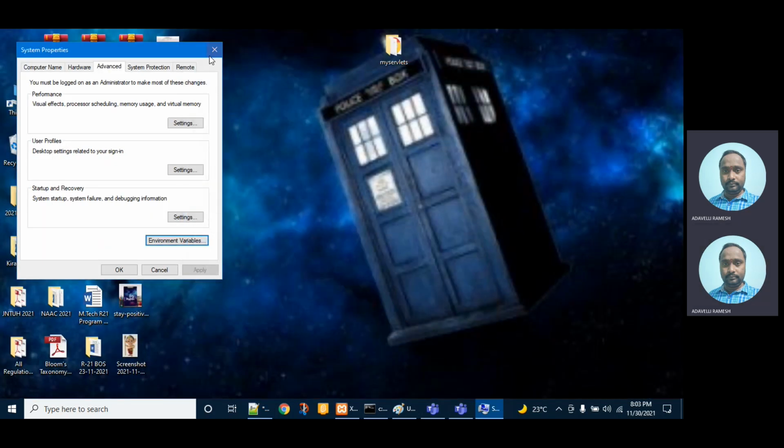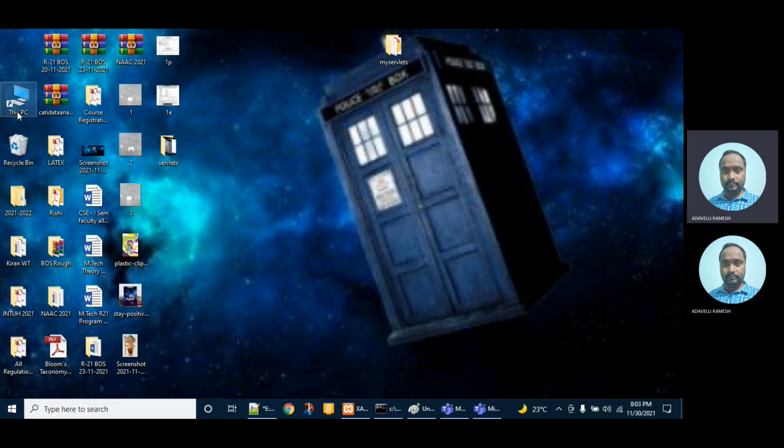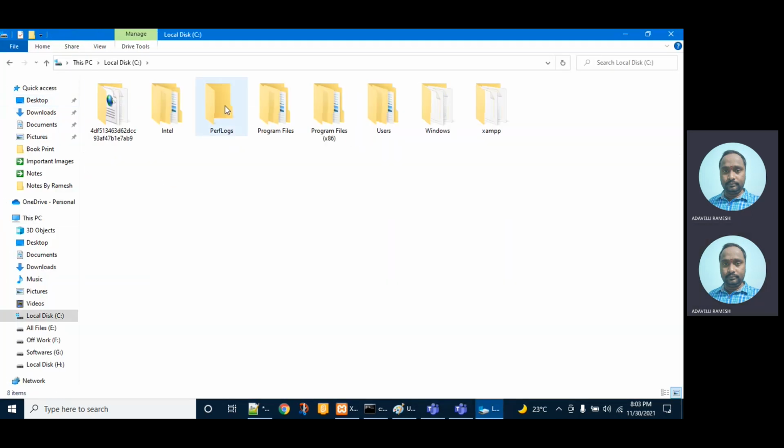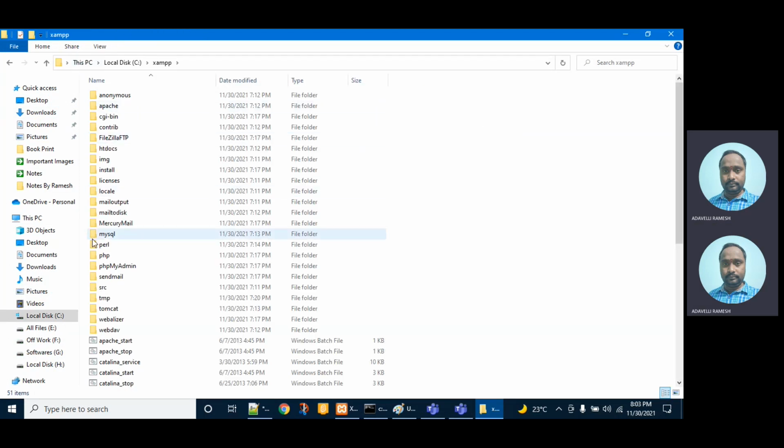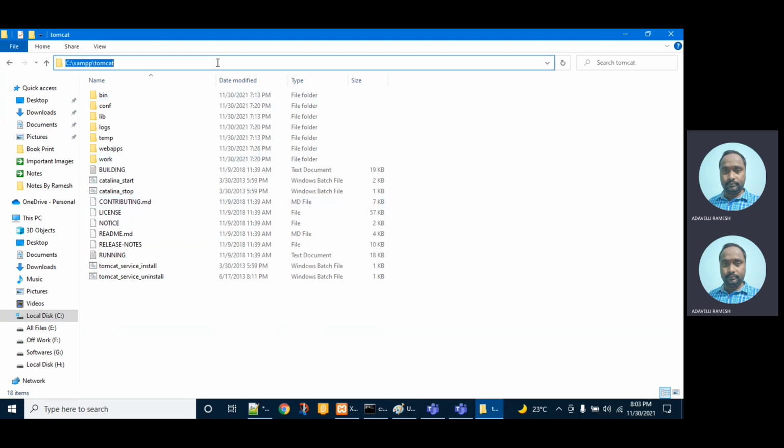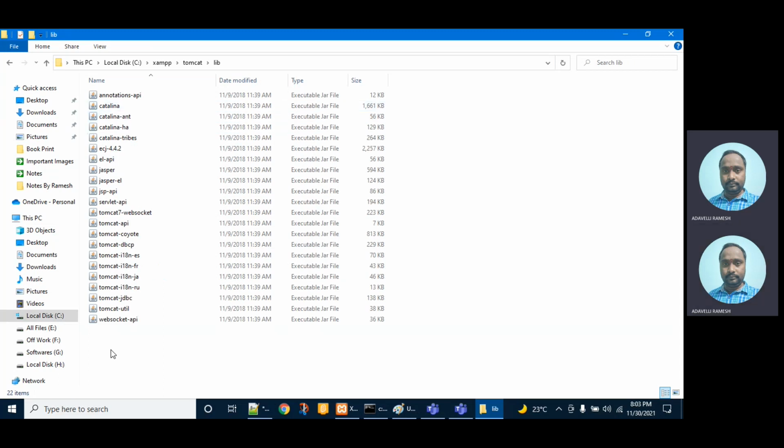When you install XAMPP in the C drive and go to Tomcat, this is the web container, the servlet container name. It means your servlet is deployed in this container. Next, in lib, you see the servlet-api.jar file. This path you need to set for the class path. Similarly, for JSP you have jsp-api.jar. So this is the way we first set environment variables after installing XAMPP.